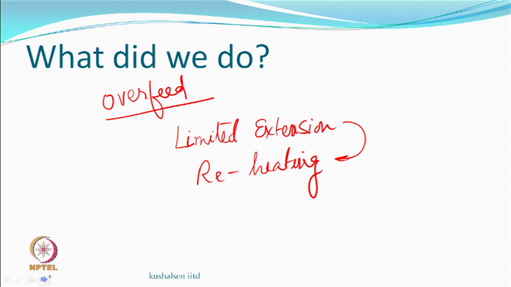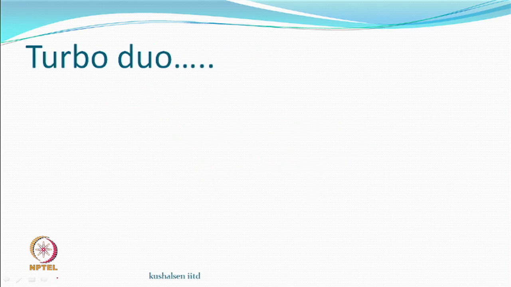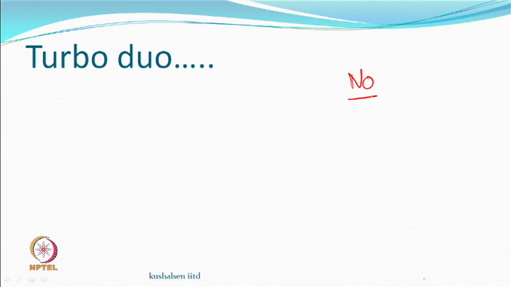So, we are looking at principles. That is what we did. Alenka can be used to modify, false twist can be used to modify. Can we use this turbo duo process to modify? Can we use it? No. So, some answer is coming here as no. Any other answer, any response?